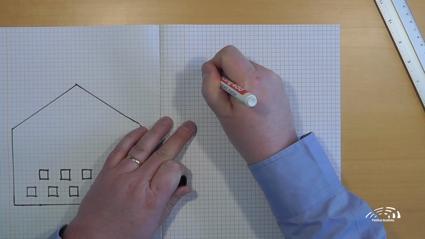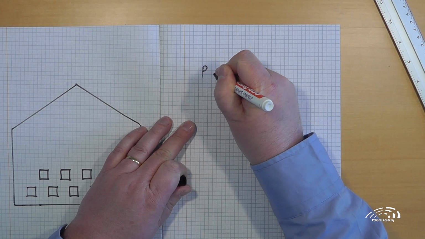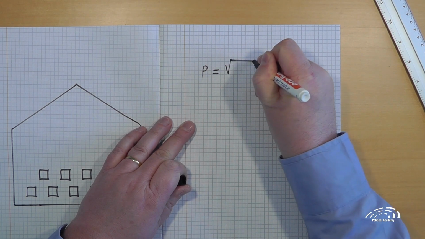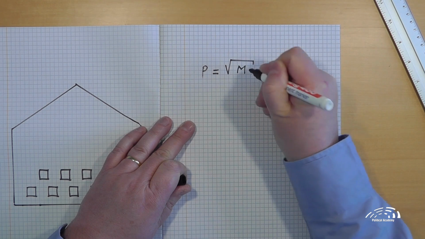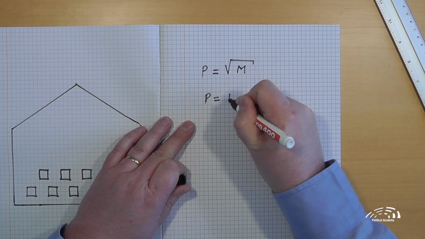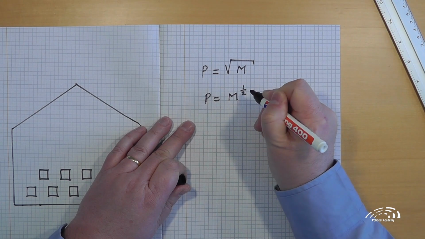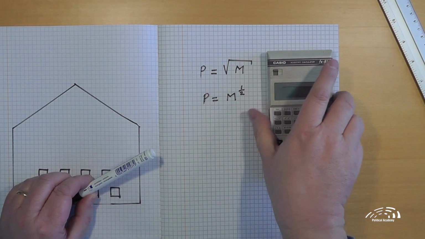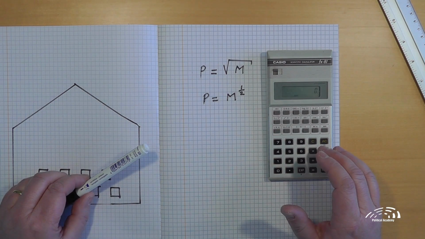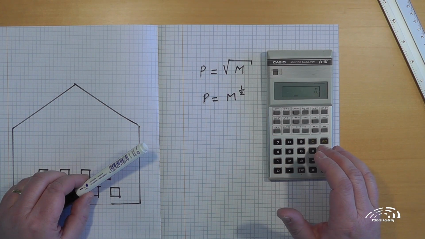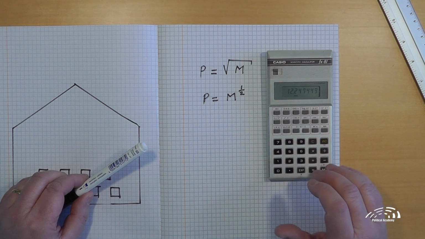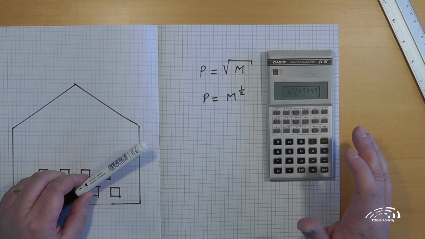So the formula is P equals the square root of M, with P being the number of parties and M being the number of available seats. Which can also be written like P equals M to the power 0.5. How to apply this? The Dutch and Belgian parliaments have 150 seats. Therefore, by this formula, 12.2 parties are expected.